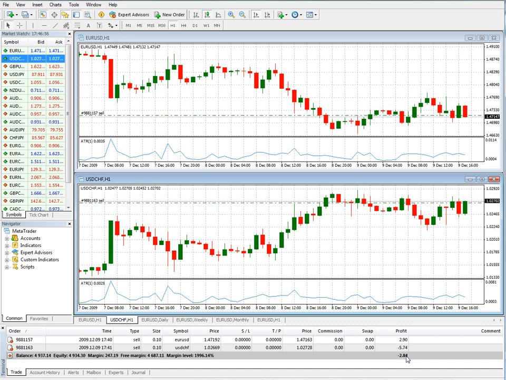Now here's another technique that you can use. You can actually leg into these. You could actually sell at the same point we sold before, the euro dollar US dollar, and then you could allow it to move into a profit. Okay, and when it moves into a profit,